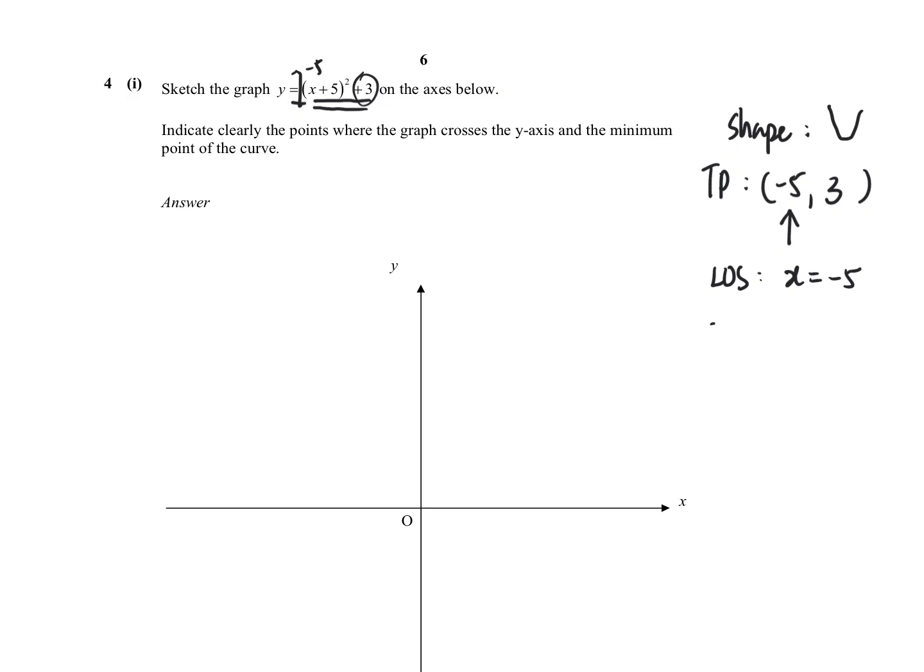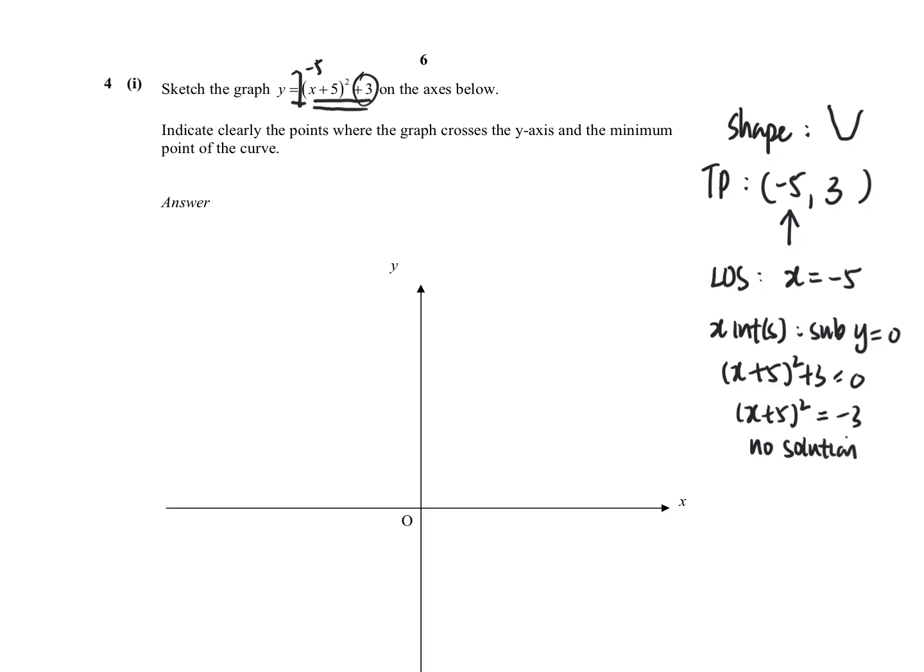Then my fourth point is to find the x-intercept. I will sub y as 0. If I sub y as 0 for this, I realize that my square is equal to a negative number, which is nonsense. So no solution. It means that my whole graph is floating above the x-axis. Okay, and then the last point,